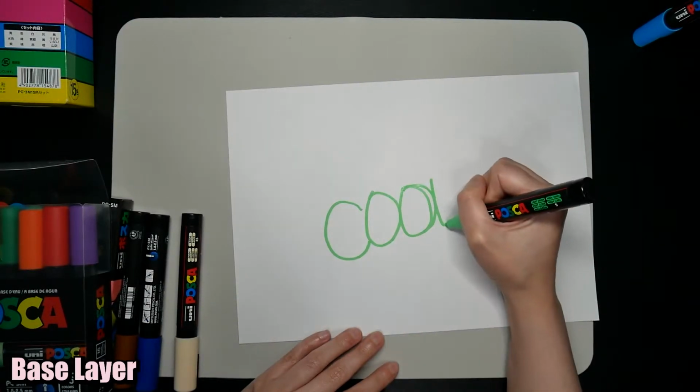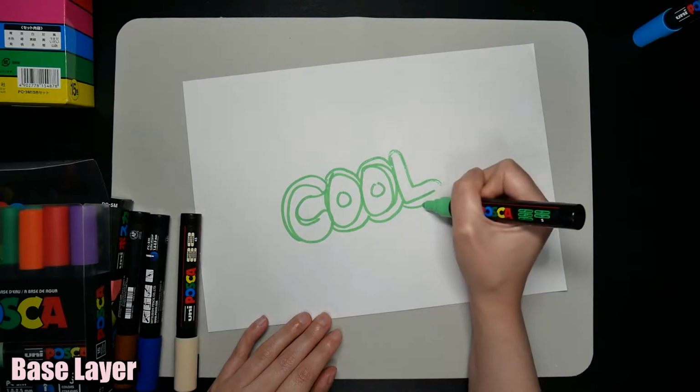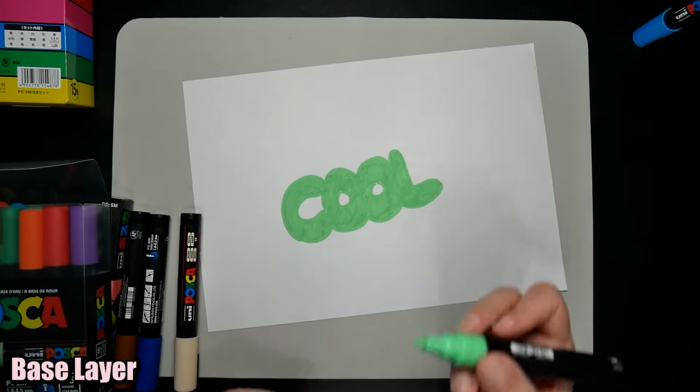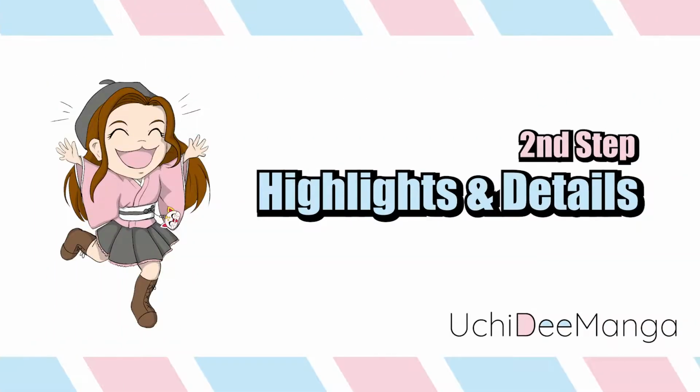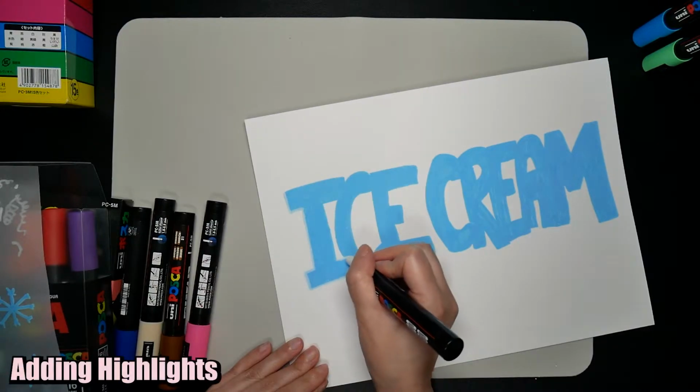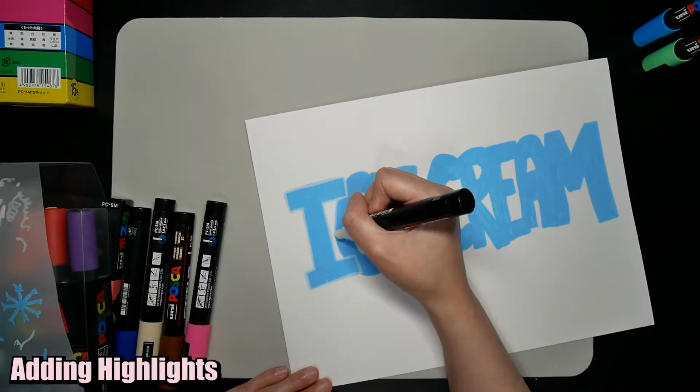Yeah, it's minty cool, right? The green is probably my favorite POSCA marker, and the base layer is done. The second layer is basically a white outline or highlight for the letters and starting to add details for the